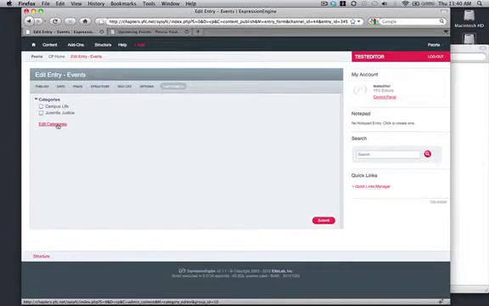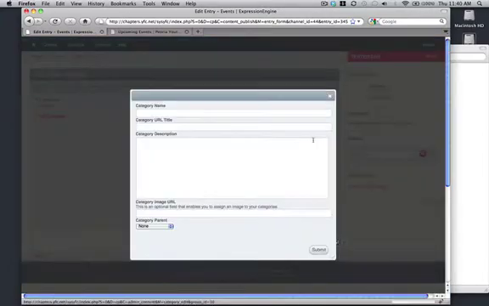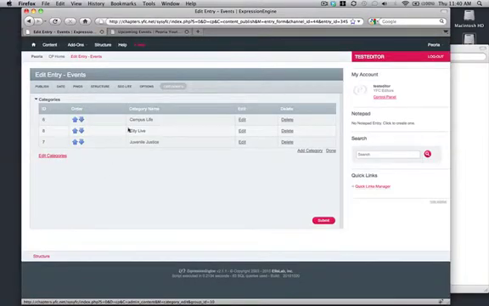So if we click edit category, say we want to add a new category here. Here's where we can change the order of how they're displayed on the front end. But in this case, we want to click add category. And we'll make a new city life category. And we don't have to worry about URL title or description. None of that stuff is going to be displayed on the front end, and the URL title, which is the browser URL, will automatically be filled in based on the name if we leave it blank. So we're just going to fill in the name, click submit, and you'll see our